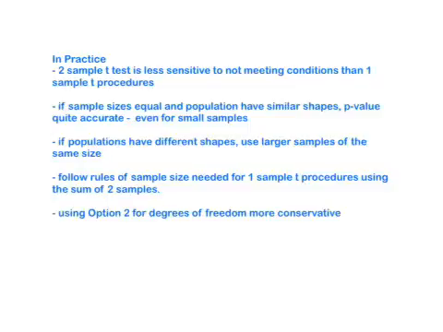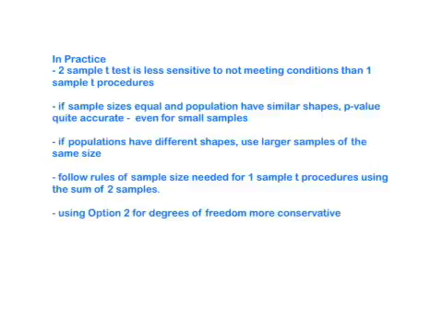Before doing a couple examples, I want to just go over a few things. The 2-sample t-test is less sensitive to not meeting conditions than the 1-sample t-procedure. So if I don't have completely normal distributions, I'm going to be okay. And if you look at the second thing, it says if sample sizes are equal and populations have similar shapes, so they look somewhat the same, our p-value is going to actually be quite accurate even if we